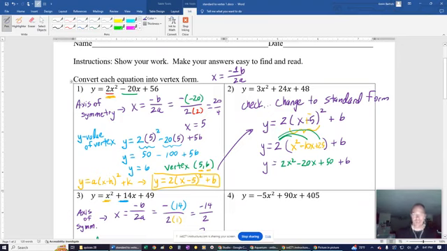So my last step now is I can combine like terms. So 2 apple pies, I owe 20 apples. I've got 50 oranges and I've got 6 oranges. Well, hey, put those oranges together. I've got 56 oranges. And I go, hey, that looks familiar, because that's what we started with in the first place. So that's the check step. My answer for number 1 is still, you can see it on the screen there, y equals 2 times the parentheses x minus 5 squared plus 6. But the check step is my verification that